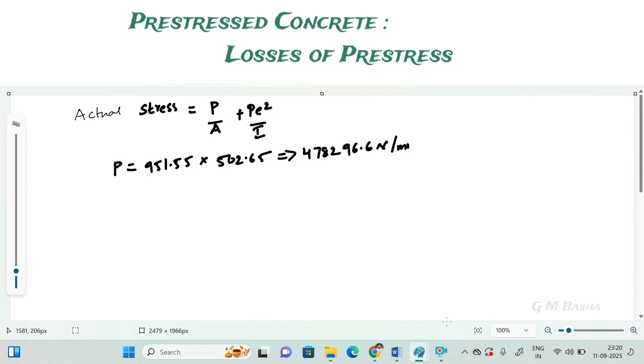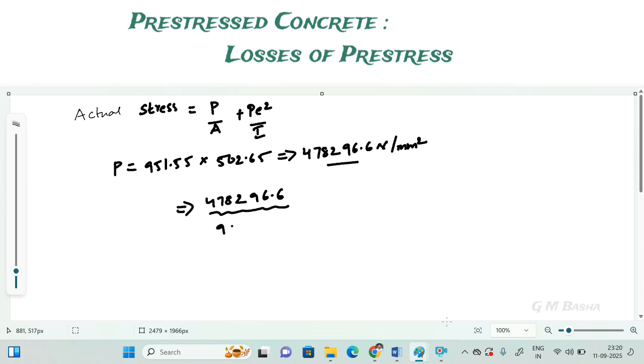Here it is not possible for me to show how to calculate by using calculator. So it is best to calculate by your own. Then you will get the same value. Okay. So the original prestressing force after loss obtained will be this much. So please substitute in the above formula. So you will get actual stress will be equal to 478296.6